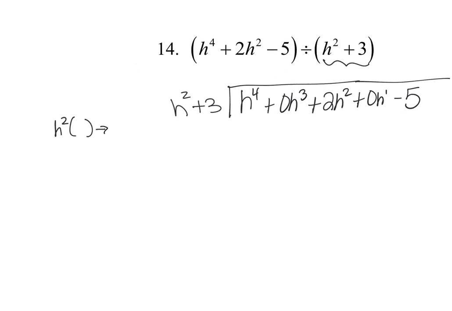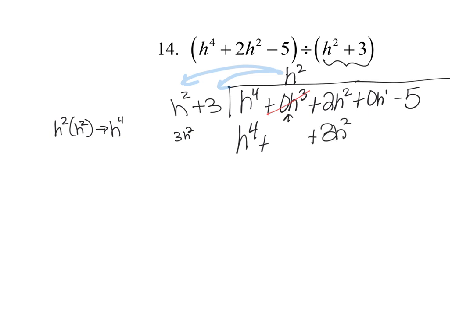All right. I have, let's shift over here, I have h squared. What am I going to multiply by to get h to the fourth? I'm going to multiply it by h squared. 2 and 2 makes 4. So that's what I'm going to multiply by over here, h squared. And so you remember when we come around, we're going to multiply it to both parts. And so that's going to give me h to the fourth plus, now this when you come around gives you 3h squared. That will not go in this column. We're actually not going to use this column. We're going to have to put it down here with the square term. So change it,